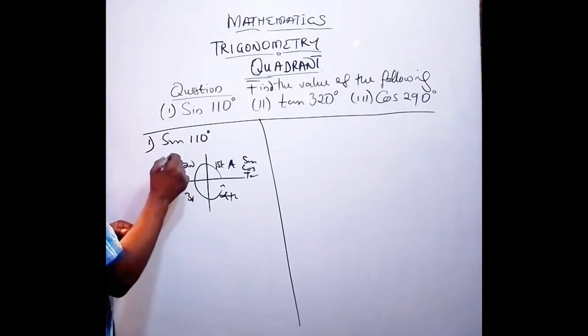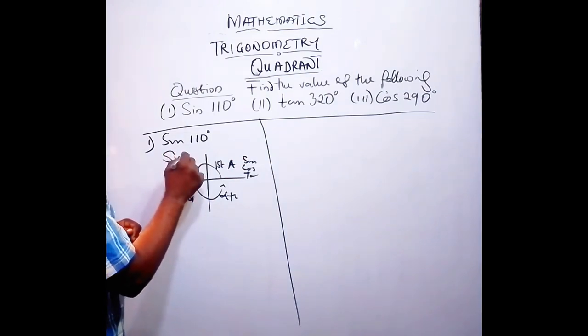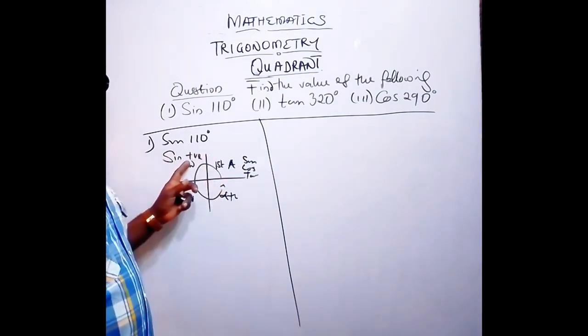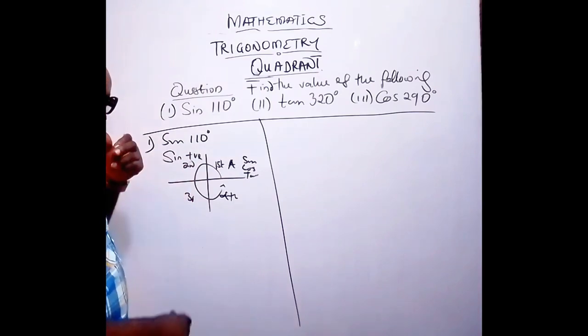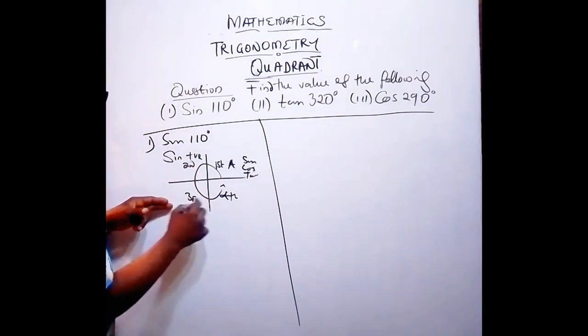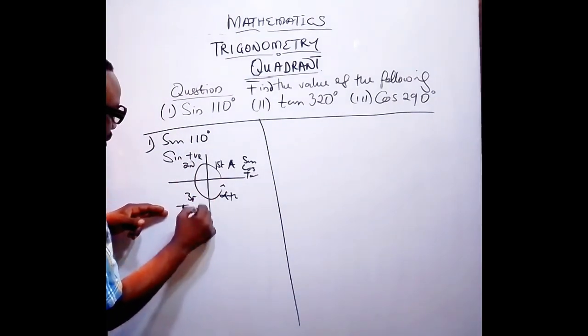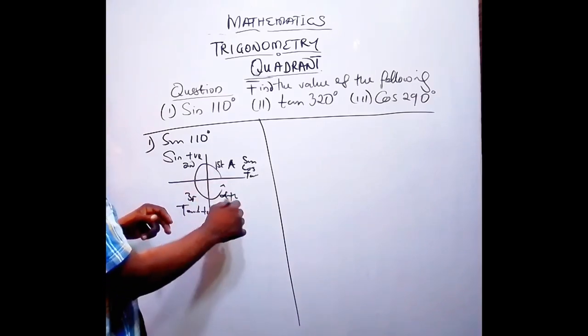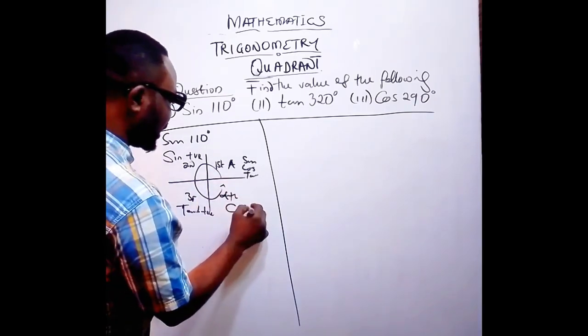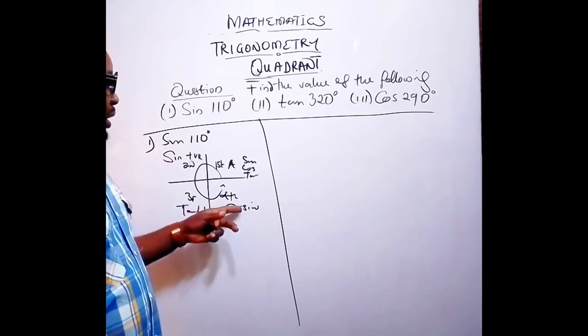At the second quadrant, only sine is positive. At the third quadrant, the tangent is the only one with positive sign, while at the fourth quadrant, we have the cosine only having the